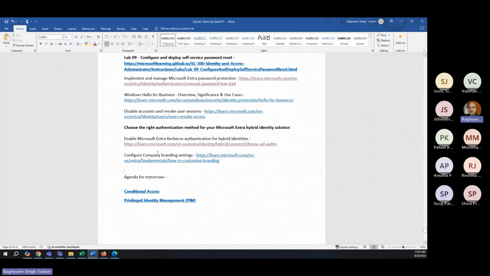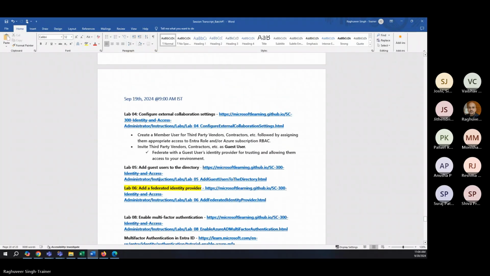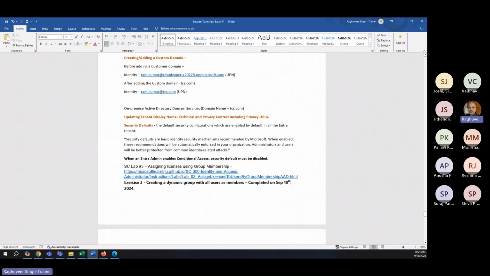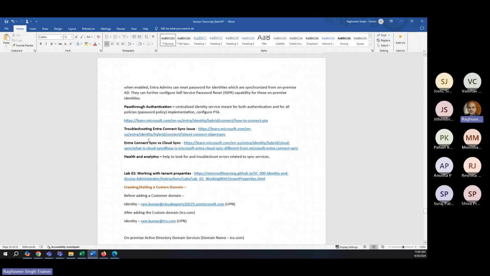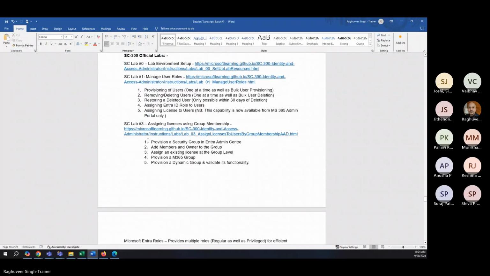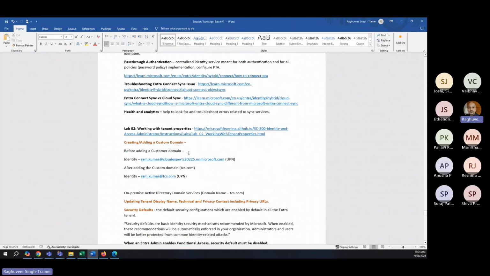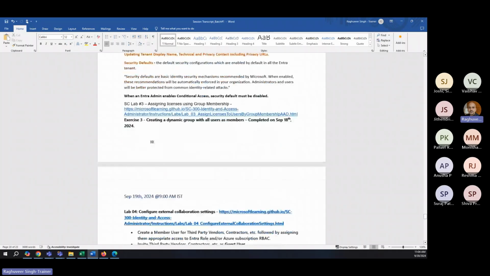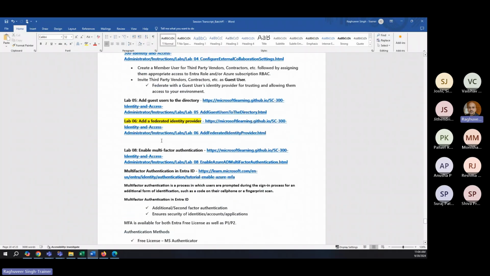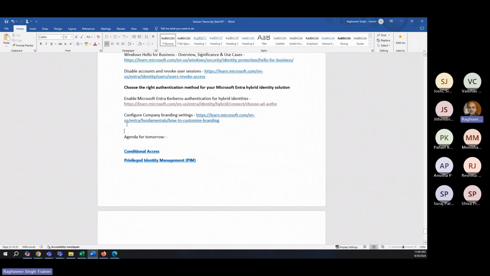Next, when we were doing lab number 2, which is basically configuring the basic tenant properties, and assigning group membership, there was an option that we almost forgot to configure. That option is company branding, which is very important. You need to know it. You typically don't configure it